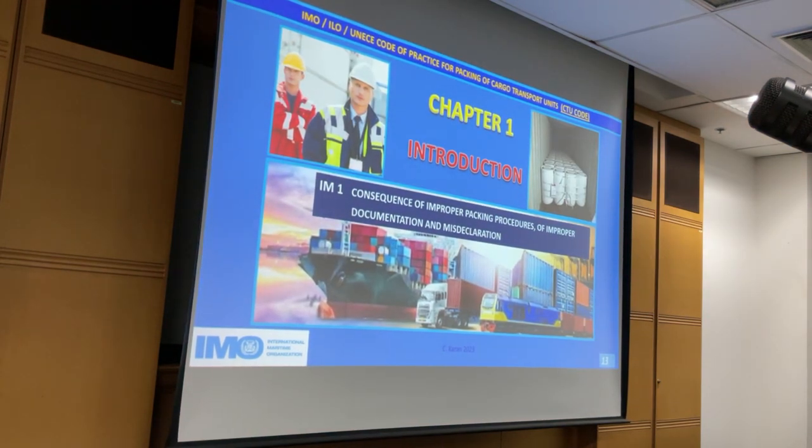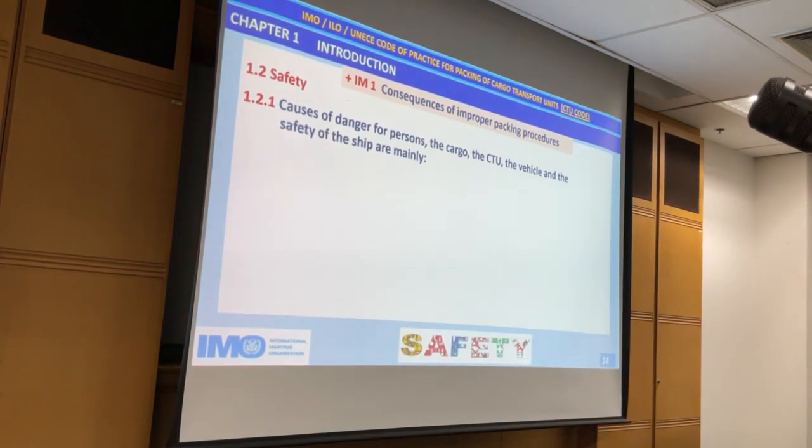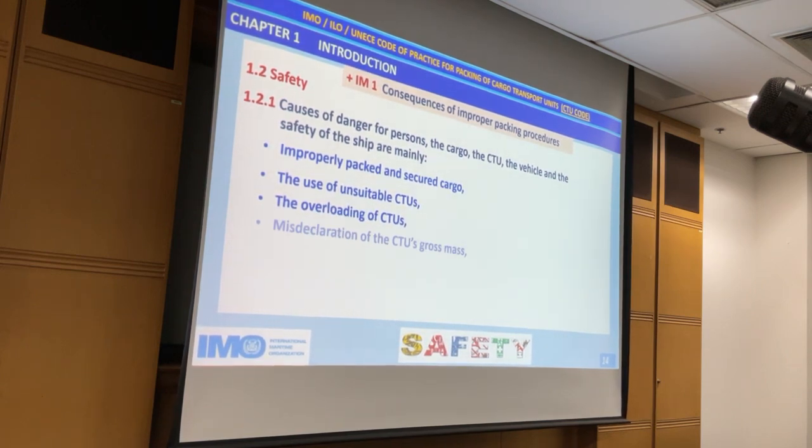Now we start with chapter 1, introduction. I took some quotes from informative material 1. Consequences of improper packing, this is very important. This is the basic need, because improper packing procedures cause danger for persons, the cargo, the CTU, the vehicle, and the safety of the ship. These are mainly improperly packed and secured cargo, the use of unsuitable CTUs, the overloading of CTUs, misdeclaration of the CTU's gross mass,